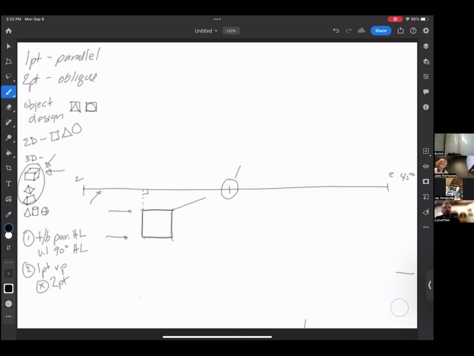What that means is that you are going to connect all 4 corners with straight lines to your central vanishing point. Last step. The back face of that object mirrors the front face. What that means is that these lines that are receding towards that central vanishing point are the recessive lines of my 1-point object.